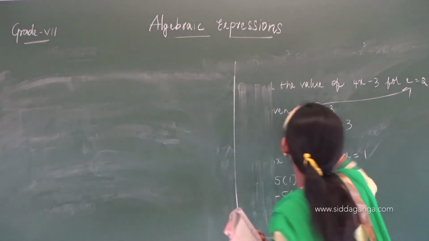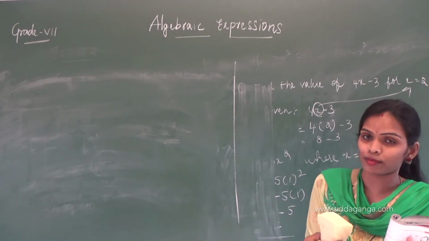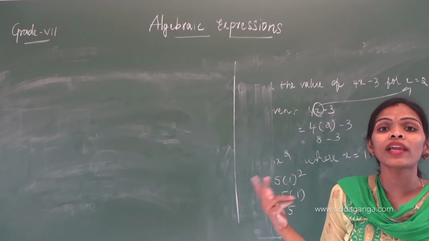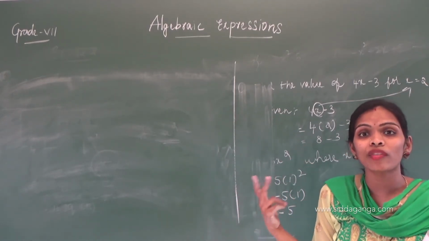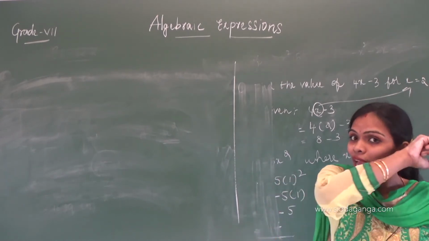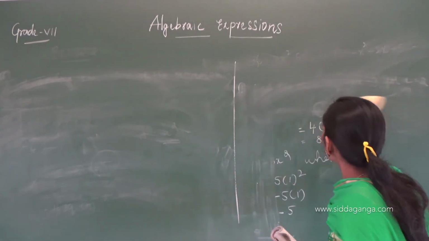Here, in these two expressions only one variable is there, that's why we can easily substitute the value in the expression. Sometimes 2-3 variables will be there. According to the situation, the values of the variables will vary. We also have to substitute those, and then find the value of the expression.